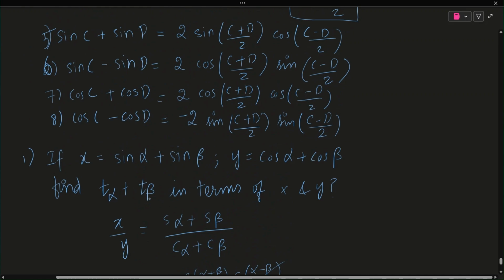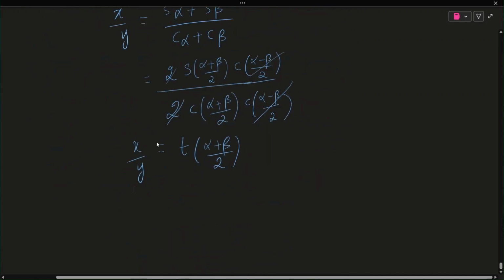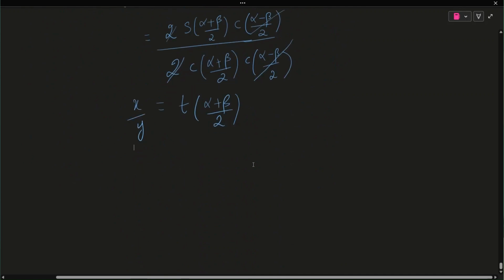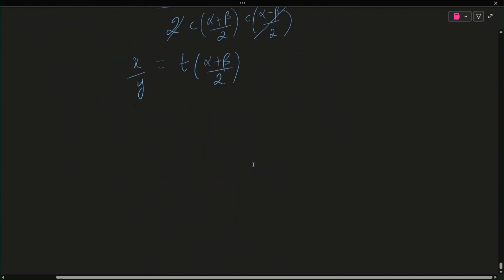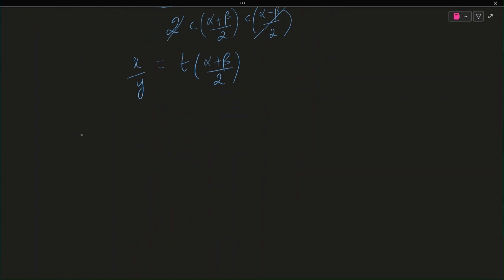And they wanted tan alpha plus tan beta. So this is tan of (alpha plus beta) divided by 2, which is x by y. Now we should solve again. We all know that sine of alpha plus beta, I mean sine of a plus b, is equal to, now we can expand this as 2 times tan of (alpha plus beta) by 2 divided by, in the sense I am just using the sine 2 theta formula here,